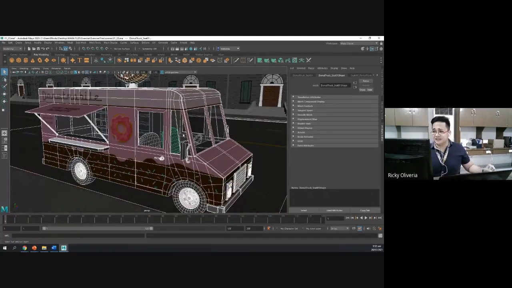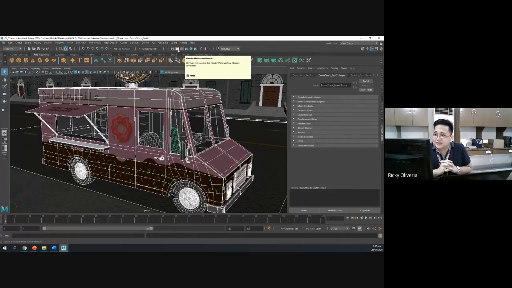Now, try to render it. Paano ba yun? May makikita tayo dito. Render the current frame. Pwede natin i-click yan. Now, the good thing with Maya is that marami siyang available na renderer. Meron tayong tinatawag na Arnold, meron tayong tinatawag na